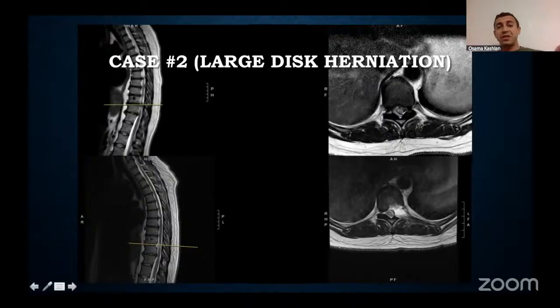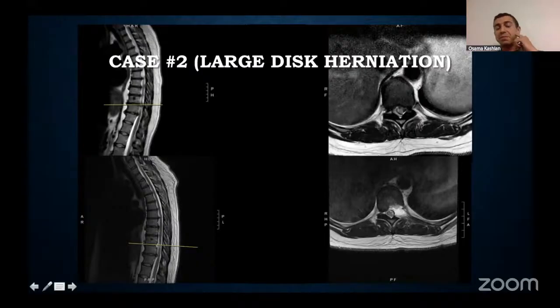So as you can see here, this is a patient that had similar symptoms, but much more acute. And as you can see here on the axial MRI pre-op, this looks like it's a spinal cord. It's actually a humongous disc herniation, more on the left side than on the right side, and completely smashing the spinal cord. The spinal cord is completely smashed all the way over on the right side of the canal.